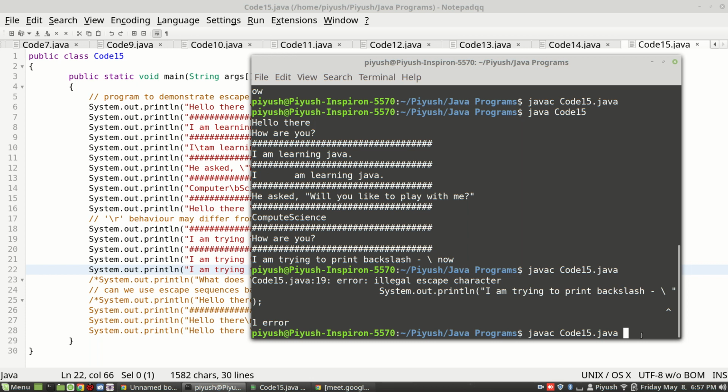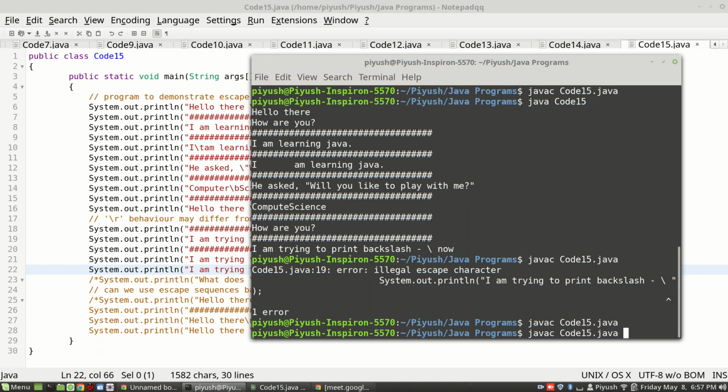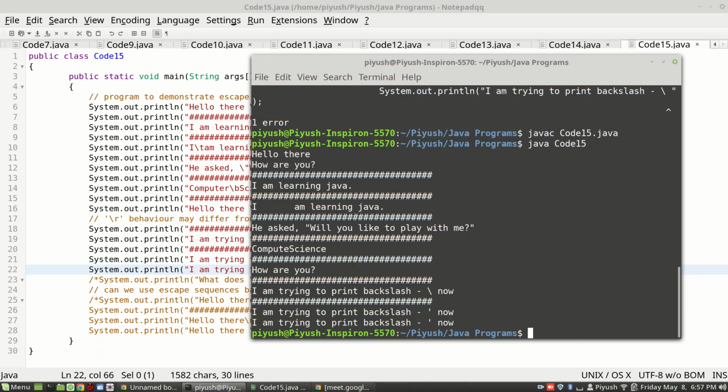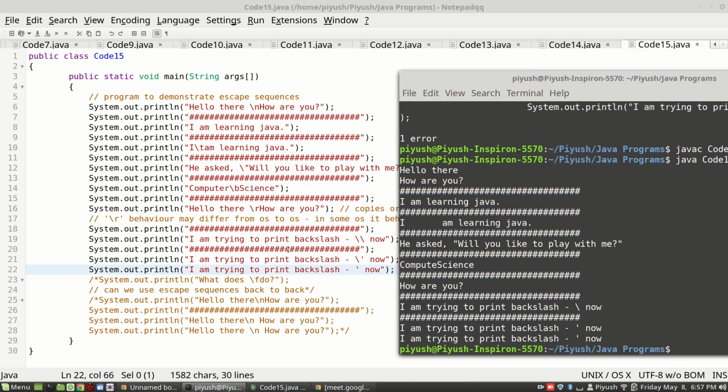Okay, so we'll see the behavior of the single quote also. We have compiled the code. So you can see both work. Either you print single quotes using the escape sequence, that is backslash single quote, or directly a single quote. Both work. So no need to worry too much about this single quote thing. Even if you do not remember the escape sequence for a single quote, you can directly use it in your programming. There will be absolutely no problem. That's why I'm not giving too much emphasis on this.